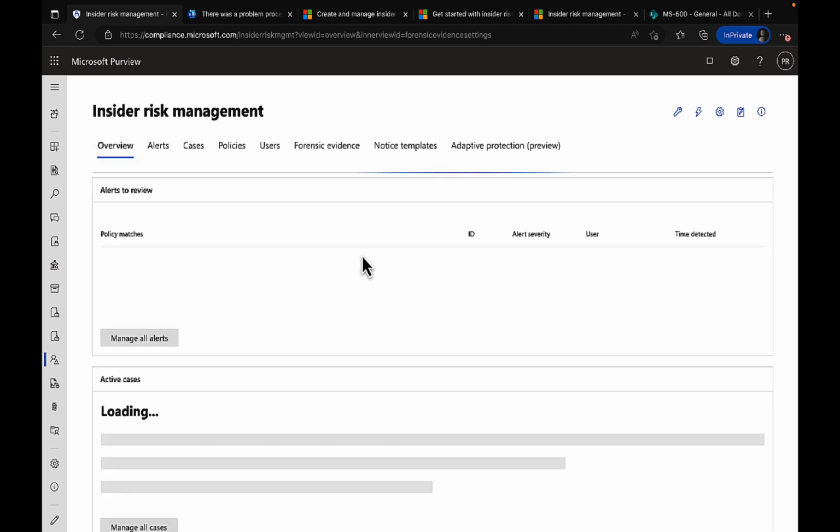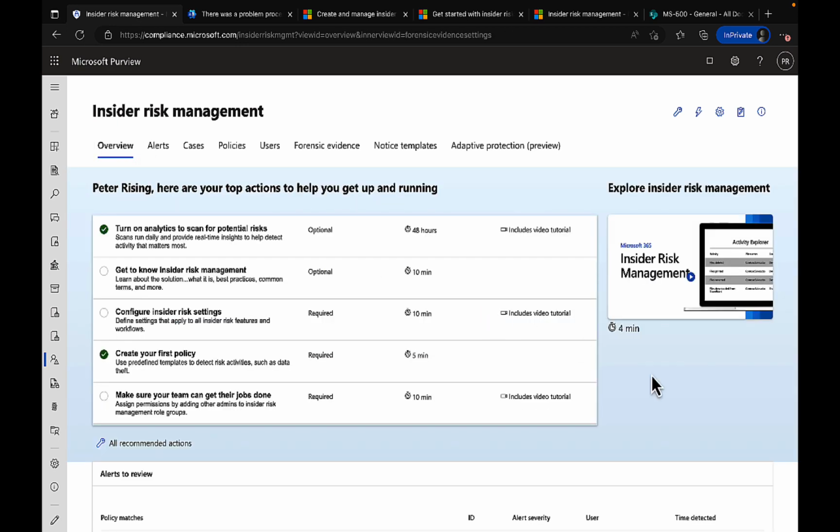But that, folks, is it. That is Insider Risk Management, a quick overview of it for you. I think it's a wonderful feature. I think it's already got a lot to offer. I think there will be more coming into it. I think it's a surprisingly underused feature. It's potentially one that maybe organizations are not aware that they have as part of their E5 subscriptions. But if you have E5 or some combination of licensing that makes you eligible for insider risk management, then I really don't know why you wouldn't be using it,